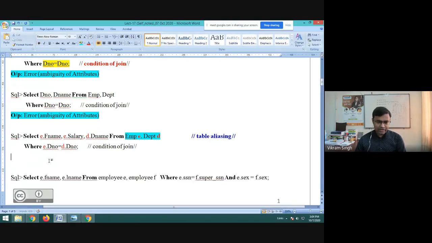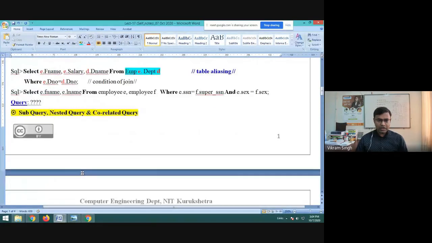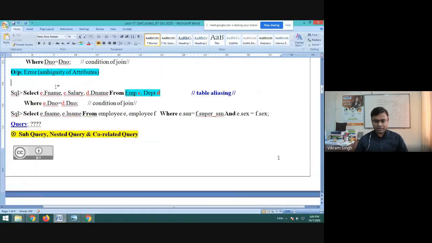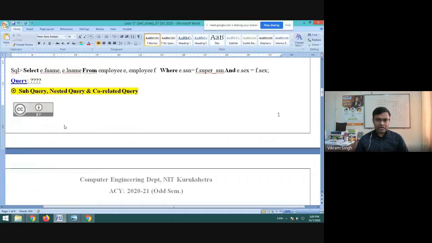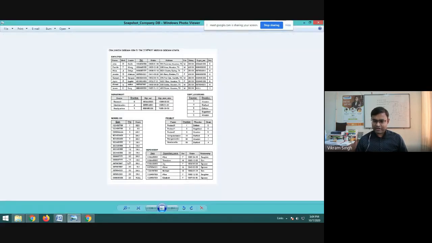Let's take another query. Let me drag it. Okay, now you can see in this query, let me separate it partially. So let's focus on this last query. Can you tell me what is the possible outcome of this query? We are taking this query by assuming the employee table of the company database. Let me show you first the company database. I think it is visible, right? Here you can see this is the instance of company database. I hope it is visible.